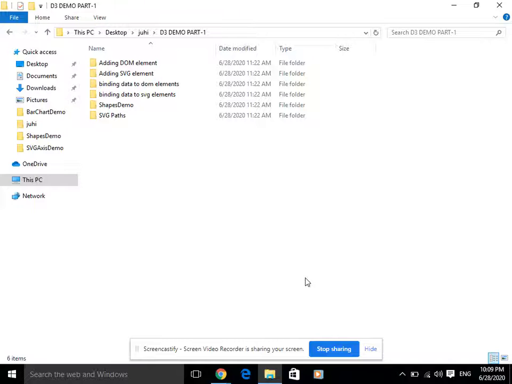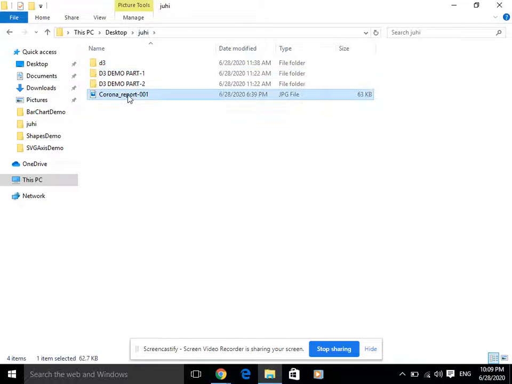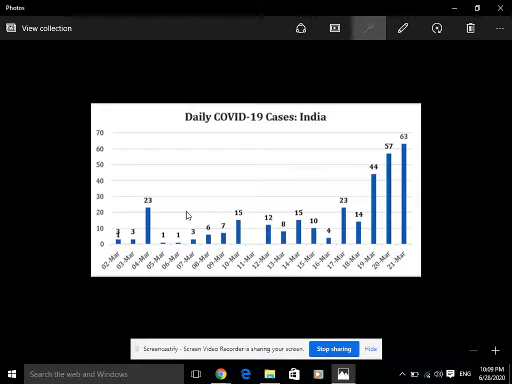For example, let's say we want to see the number of COVID cases on a particular day. We can use a bar chart for that, and the chart will be somewhat like this. Let's say we are targeting the number of cases in each day of a specific month.